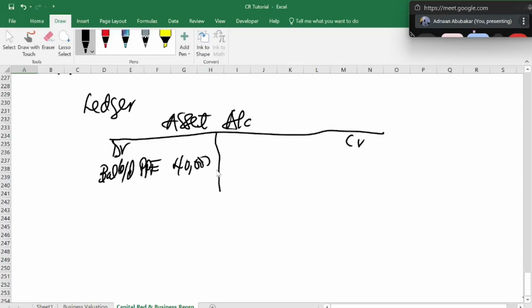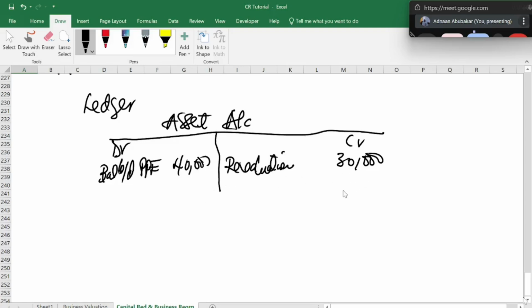Now, after they did the revaluation of this PPE, you will bring it at the credit side. So when you are doing it, you will bring it to the opposite. So revaluation of the asset. How much is the revaluation of the asset? 30,000. So here, has the asset gained in value or has it reduced in value? The current amount is 40,000. Now, when it was revalued, it's 30,000. It has lost in value. So that is also the difference.